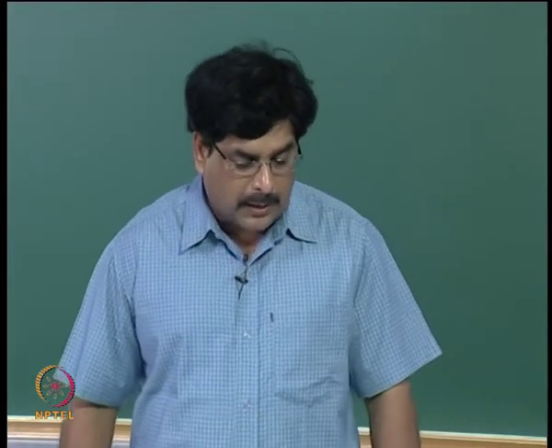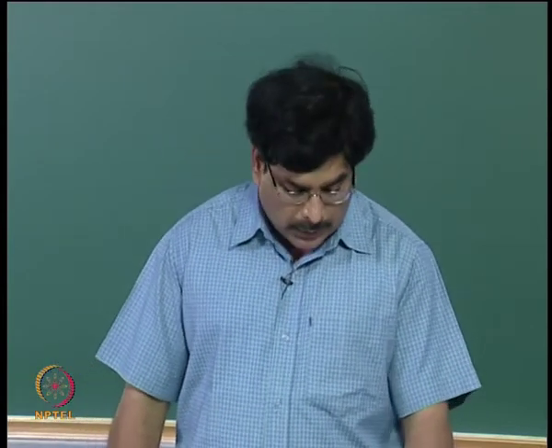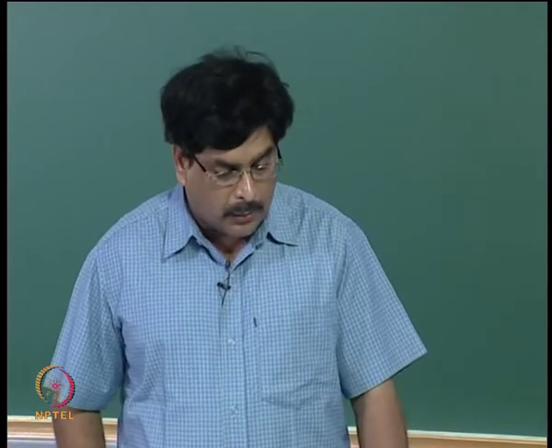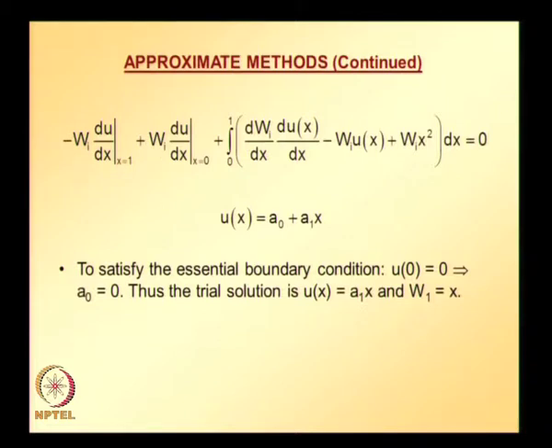So, let us say we start with this linear trial solution, and to satisfy the essential boundary condition, u evaluated at x is equal to 0 is 0. When we impose that condition, it turns out that a naught is equal to 0. So, the admissible trial solution turns out to be u is equal to a1x. The weight function is going to be the partial derivative of the admissible trial solution with respect to the unknown parameter or coefficient. There is going to be only one weight function, w1, which is going to be x,